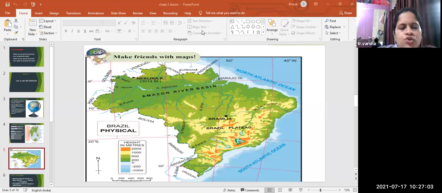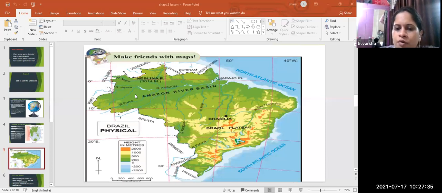How can we read now, children? Because we have to consider the box. Now for Brasilia, I have taken one box, red lines making a box. So for reading Brasilia, I took this box, and for reading the full Brazilian plateau, I took two boxes together. As it is spread wider, I can take 4 to 5 boxes for reading it.